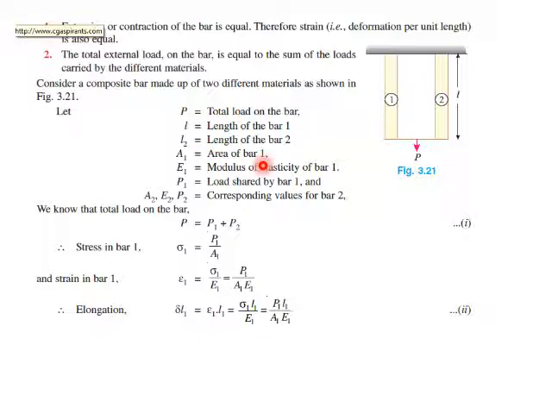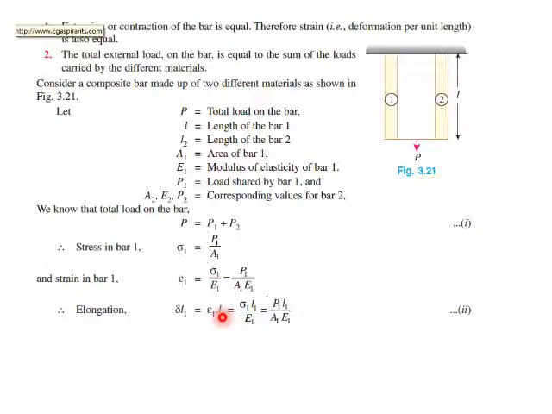A1 is the area of bar 1. A2 is the area of bar 2. E1 is Young's modulus of bar 1. P1 is the load shared by element 1. P2 is the load shared by element 2. As I have already explained the compatibility condition, I can write P is equal to P1 plus P2. Correct? Next, when I get the value of P1, I can also calculate sigma 1. So sigma 1 is P1 upon A1,